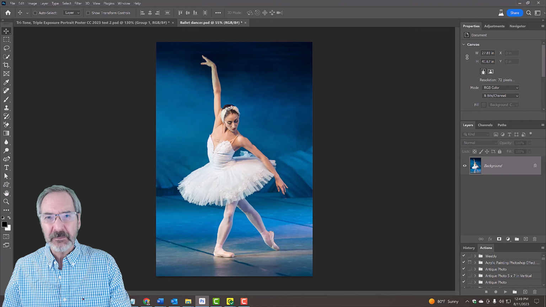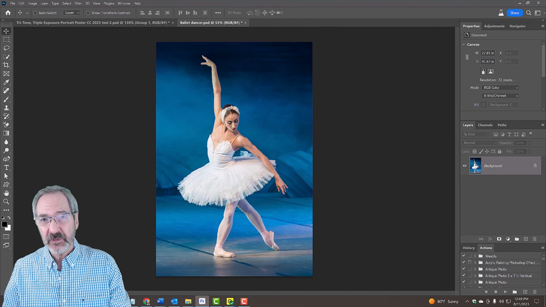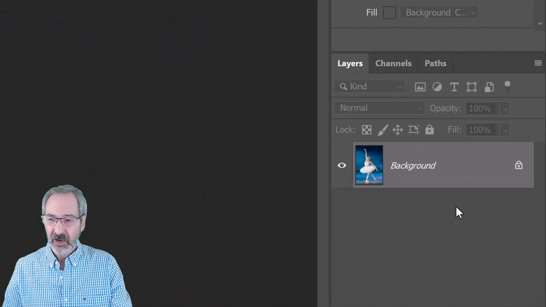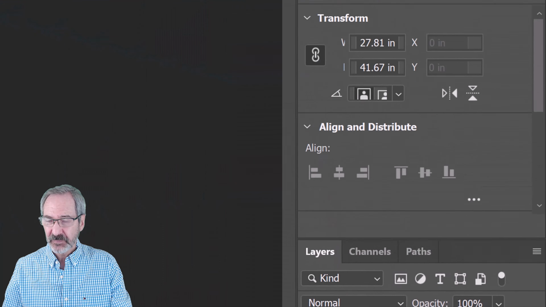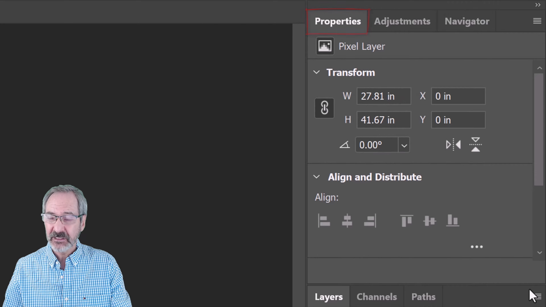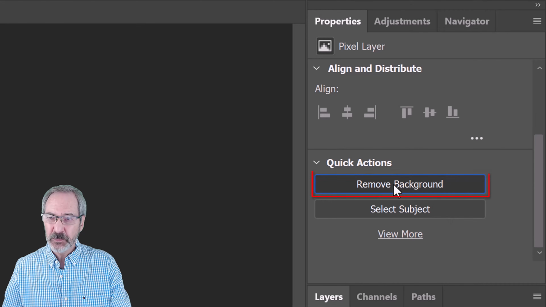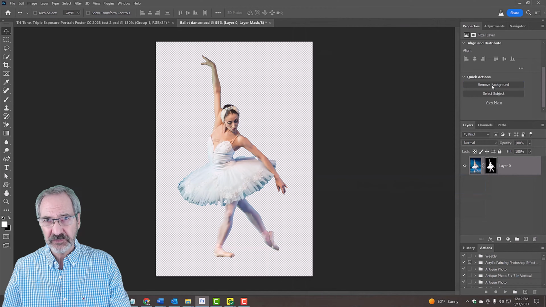The first step is to separate our subject from its background. There are many ways to do this. For example, in CC 2020 or later, unlock the layer and open the Properties panel. If you don't see it, go to Window and Properties. Click Remove Background. Photoshop automatically isolates our subject and places a layer mask of it, thereby hiding or masking out